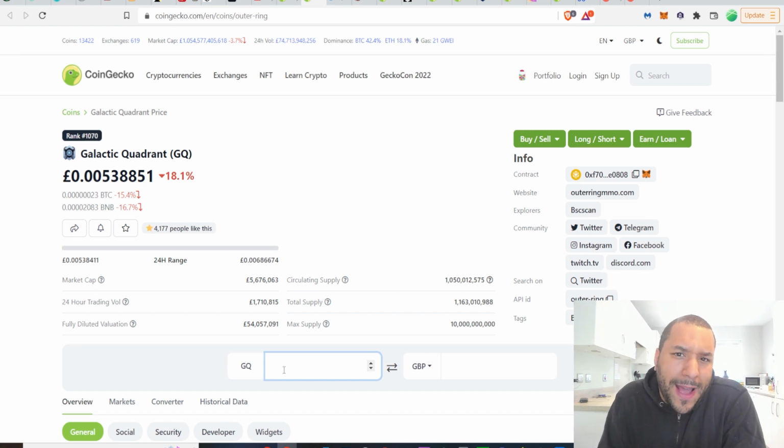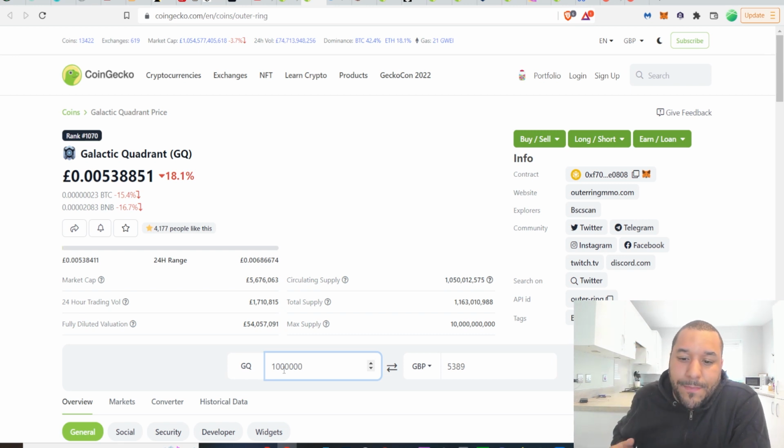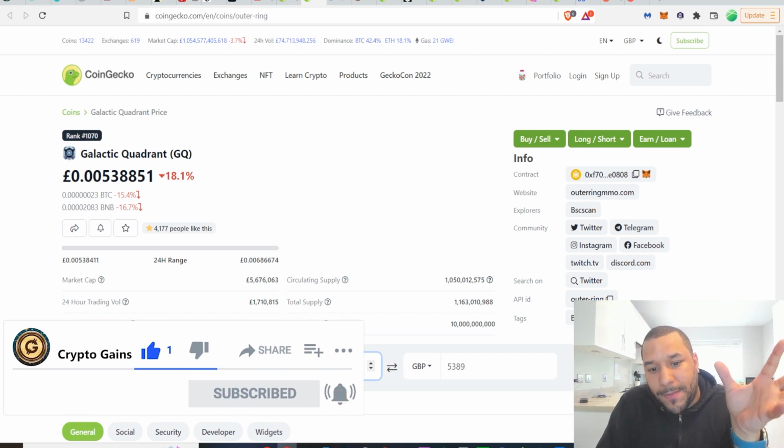If you could bag 1 million of these, 1 million. And I know it sounds crazy because you're talking like a £5,000 investment. It's a lot for the average person. And I would do, I'll keep even 100,000 if you wanted. It's about 500 quid, right? Average people can afford that. I still call myself average. It's affordable. But if you could bag that million, my God, because if for any reason this pumps to £1